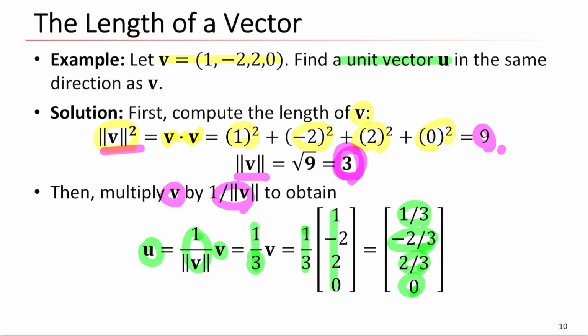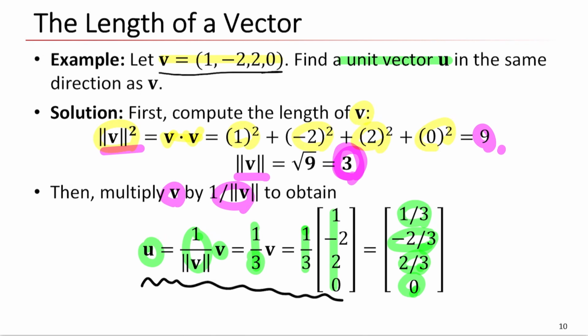We can draw the 3-dimensional space, even though it is very hard to draw. But if you imagine there is one arbitrary vector v in the 4-dimensional space, then this unit vector means there